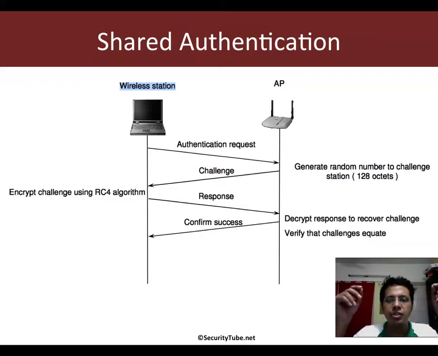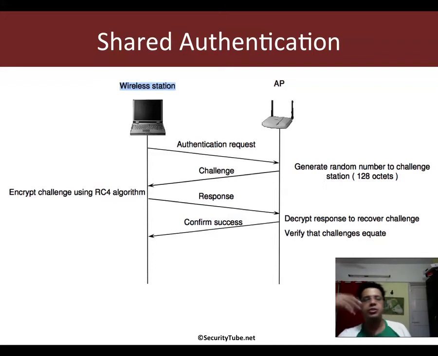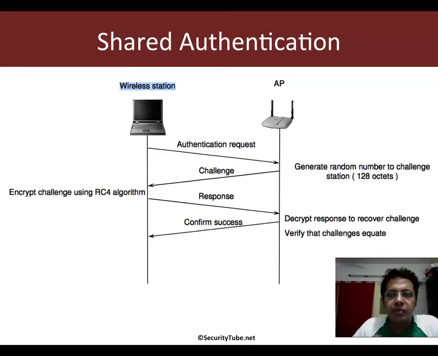This key stream is XORed with the actual plain text and put inside the packet and sent across. We'll revisit all of this later when we talk about WEP in more detail, but keep this basic stuff in mind. Now, let's try and understand how shared key authentication actually works.